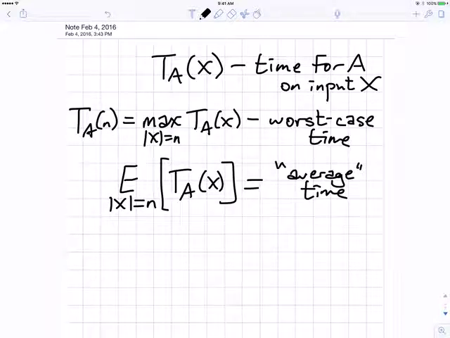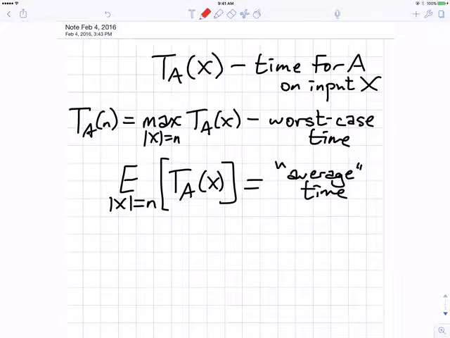And this is a perfectly reasonable, well-defined notion, but it's absolutely useless in practice, because in practice we don't know what that distribution is. If we don't know what the distribution is, then there's no way that we can make any predictions about the behavior of the algorithm by applying this tool. Right? On the other hand,